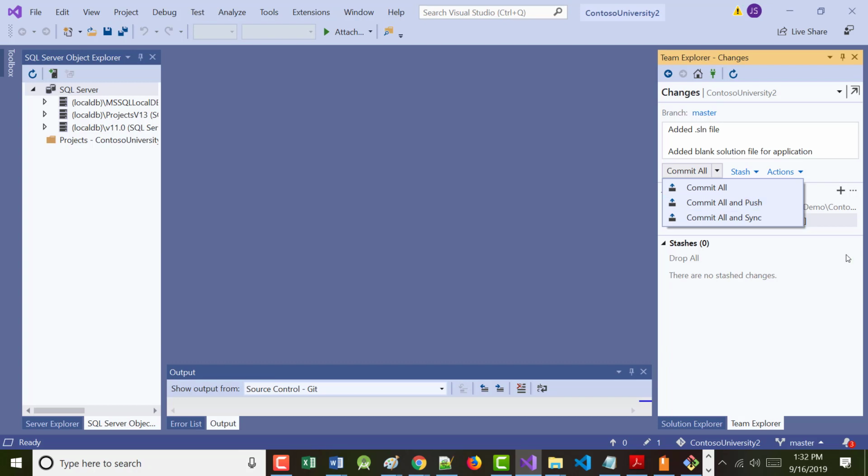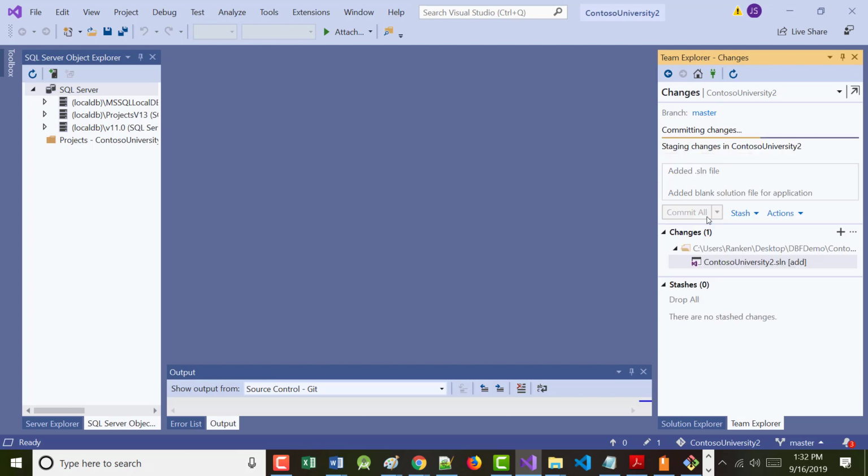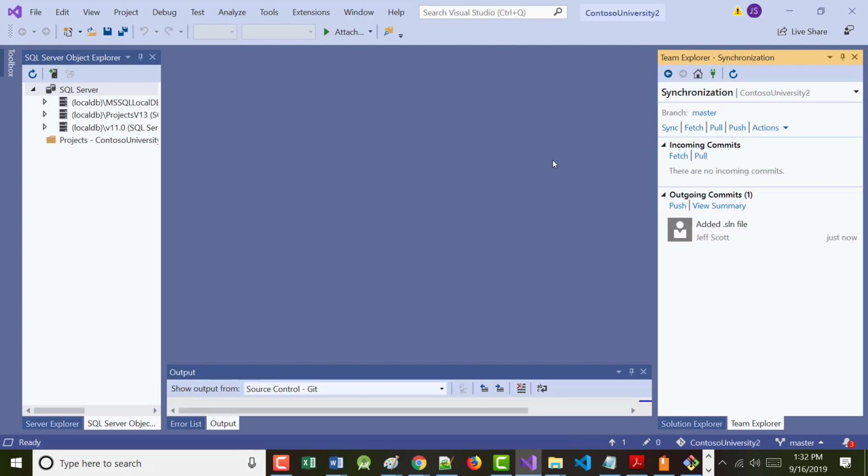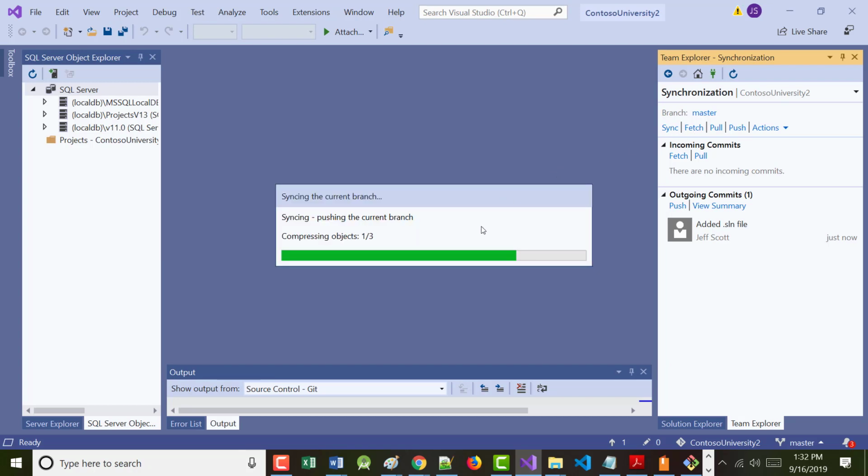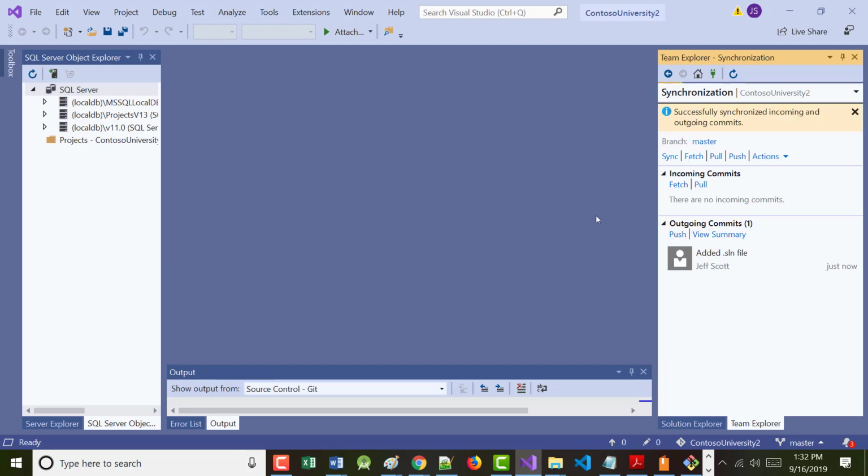Okay. So I'm going to, because I just chose this one. I chose commit all and sync. So I click that one. All right. And it's like, okay, notice I can sync. It's doing some stuff right now. Okay. And it says it successfully did that, so I can sync. I can fetch, so I can go back to the server and do a fetch and a pull and grab her. I don't want to do any of that stuff. So I'm just going to click push. All right. In fact, it looks like it did do the push anyway.